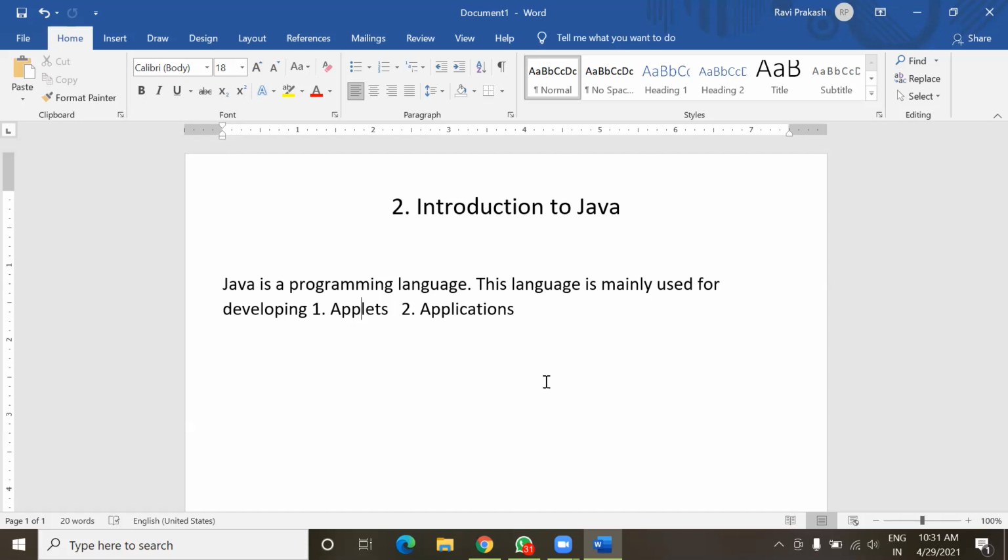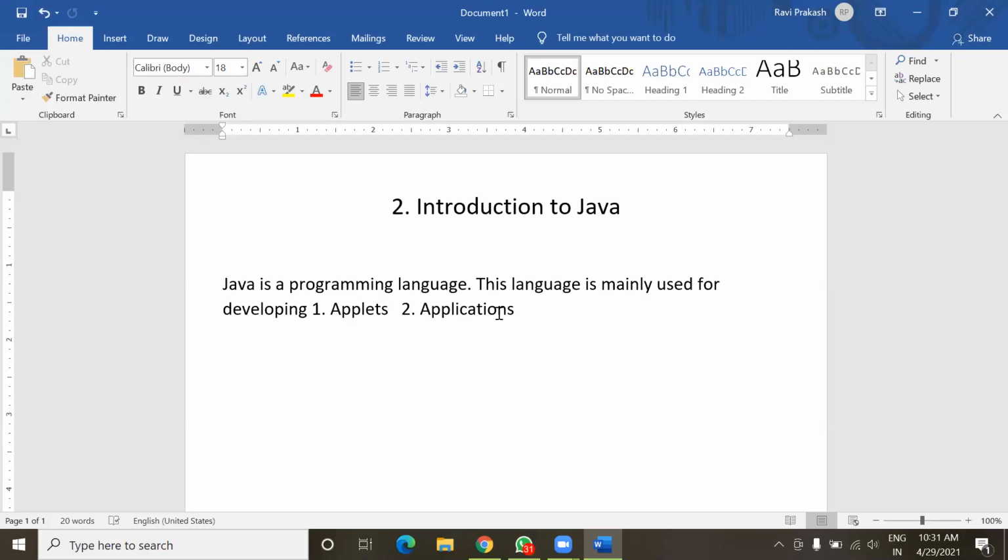So Java can be used to develop applets, and the second thing is applications. Application means simply software that is running on a computer or on any smartphone or mobile. Java can be used for development of applications also.